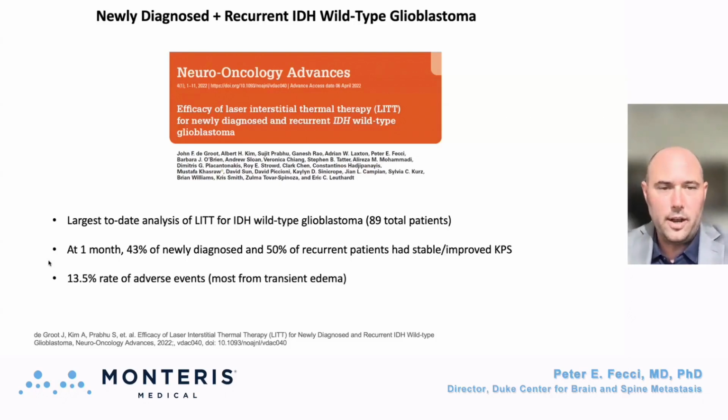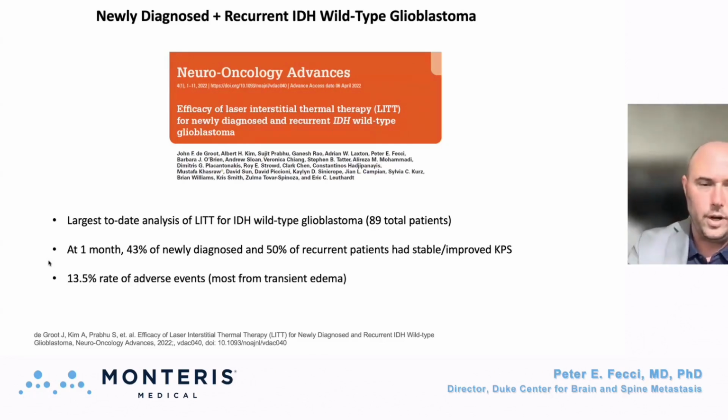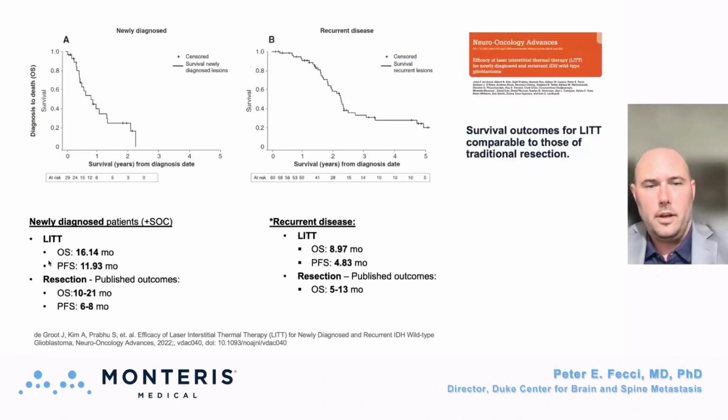This is the largest to-date analysis of LITT in these folks, and there were nearly 90 total patients. And important to note that 43% of the newly diagnosed patients and 50% of the recurrent GBM patients had stable to improved KPS after LITT, with a very acceptable rate of adverse events, most of which, perhaps not surprisingly, were from transient edema and improved. These are some of the actual data themselves. The key takeaway